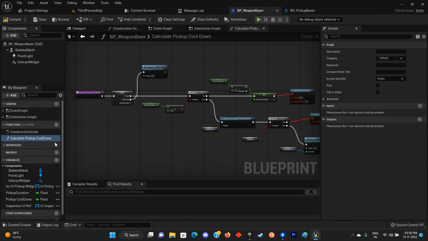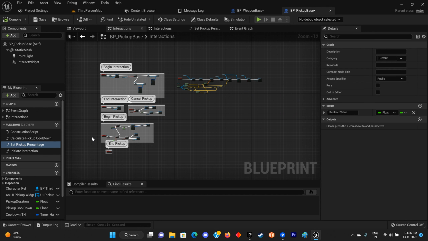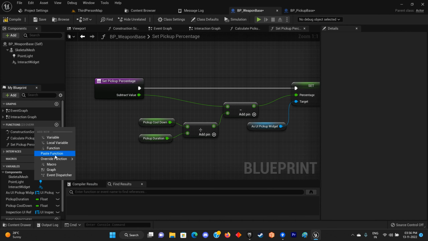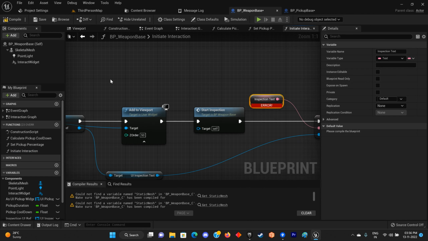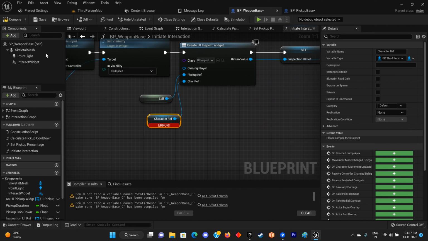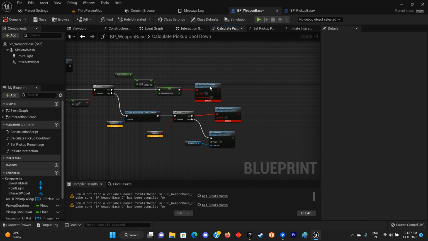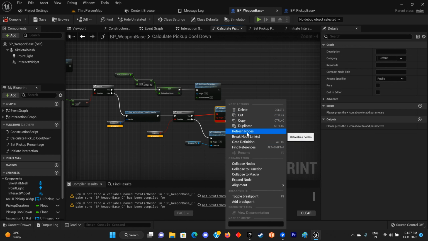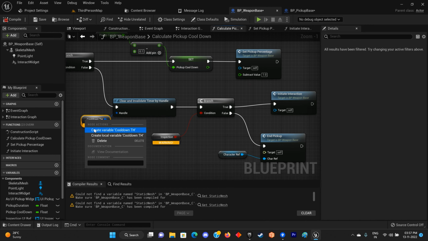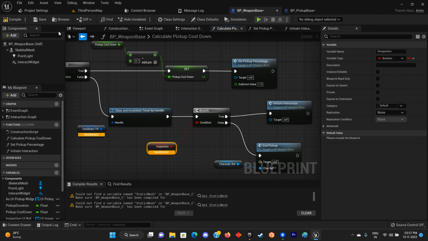Copy this set pickup function, paste it, and this one as well, copy, paste it over here, and then we'll create the variables, back to references. So refresh this, refresh it over here as well, pull down, create all the missing variables, and over